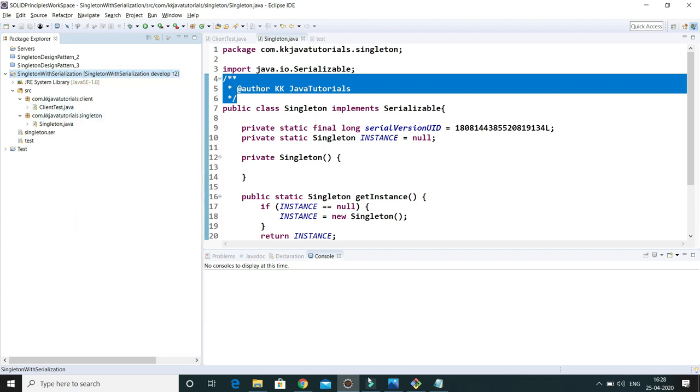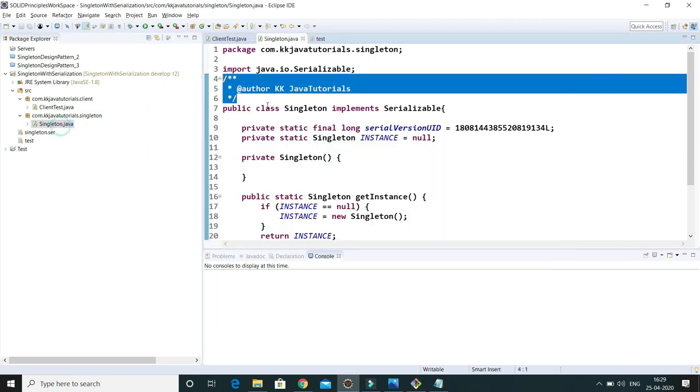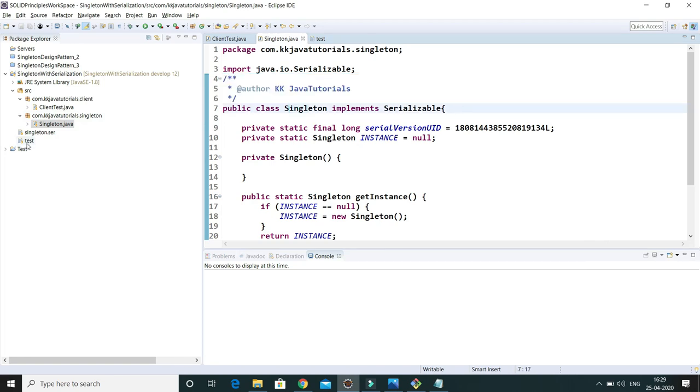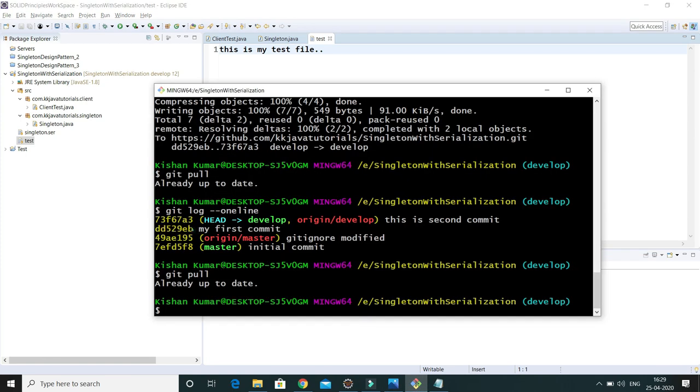Okay, now what I basically want is to revert this my first commit, right? There we had added java doc in our singleton class, and we had added these files. So once we do the revert for this commit, then changes done by this commit only will be reverted, right, from remote repository as well as local repository. Of course we will revert from the remote repository, and when we do git pull, then that will be synced with our working repository or local repository, right?